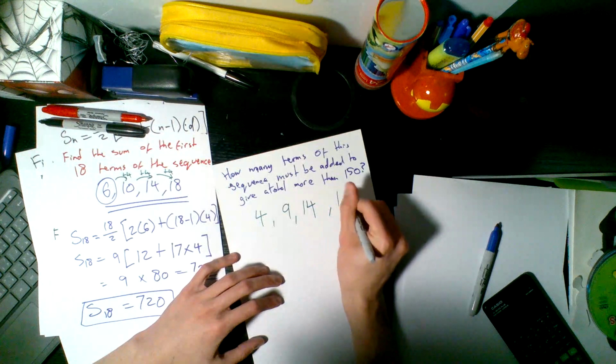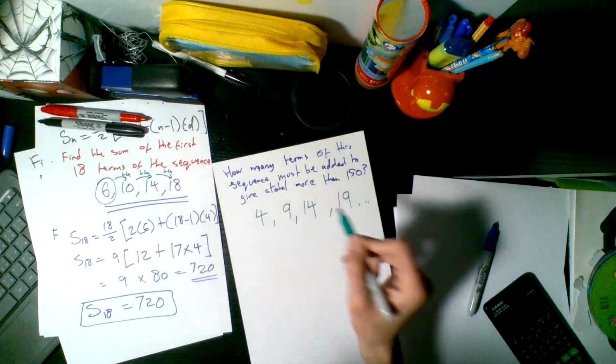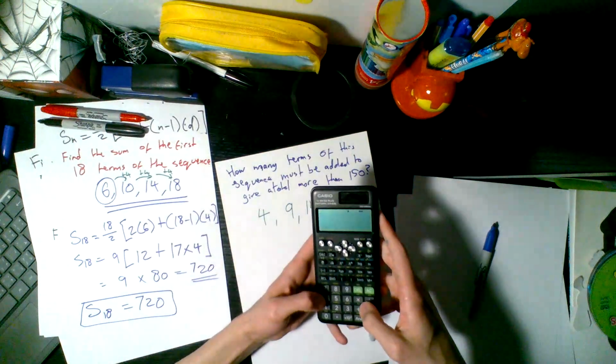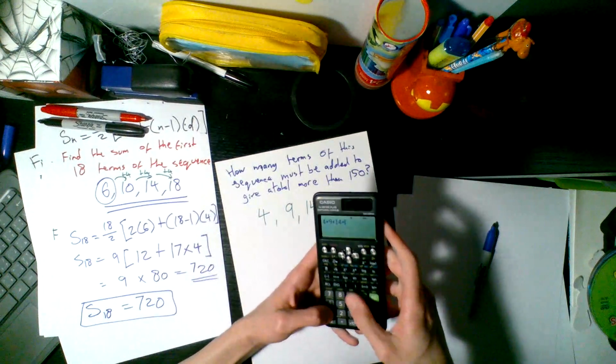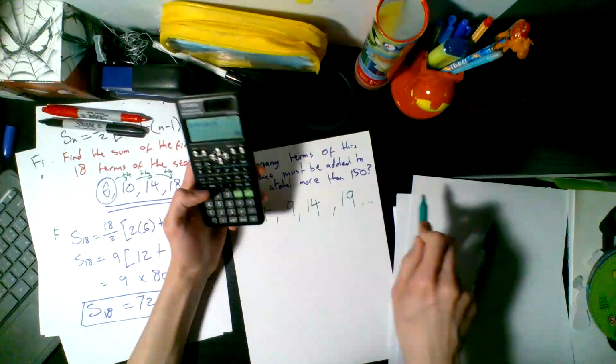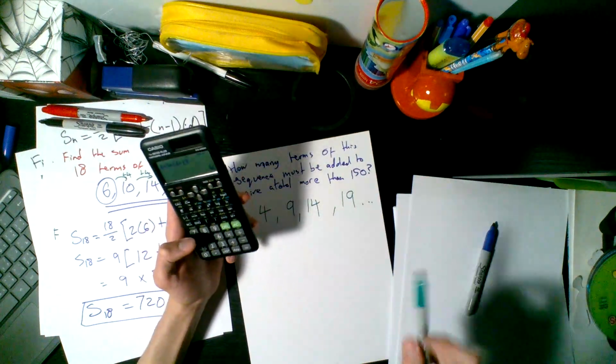So the terms of the sequence are 4, 9, 14, 19. Okay, this is all they give us in the question. Let's add these together. So 4 plus 9 plus 14 plus 19 is going to give us 46 only. How many more numbers do we have to add to get over 150? Okay, so what we do is